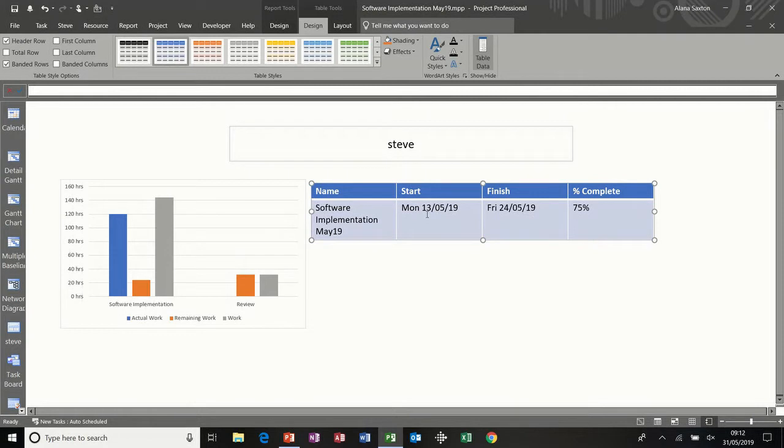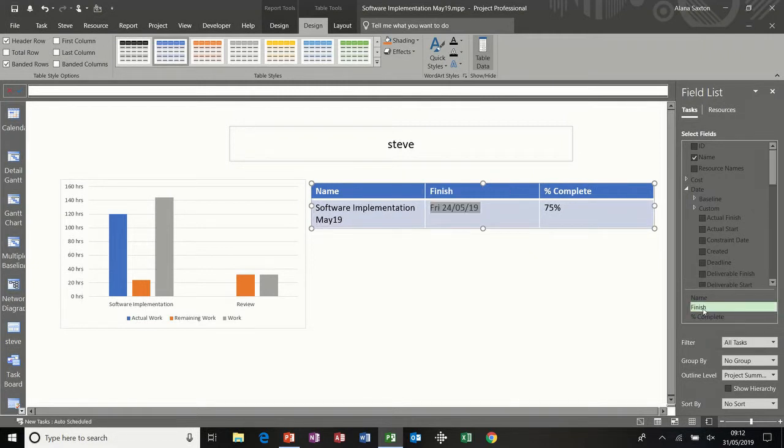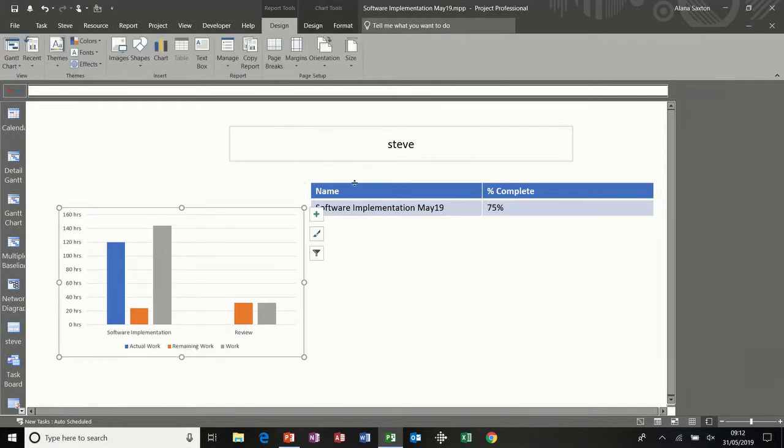Now I might not want all of that, so let's have a look what I can knock off there. I've got options here. So do I need the name? Yes, I do need a name. I don't need this start button, so I'm just going to remove the start and finish fields. So now I've just got the title and the percentage complete,